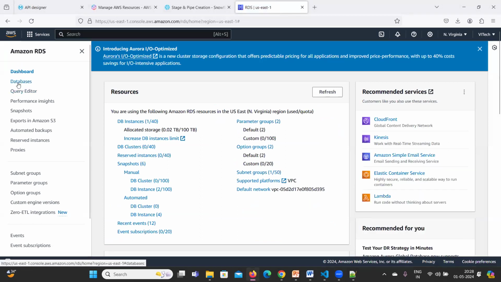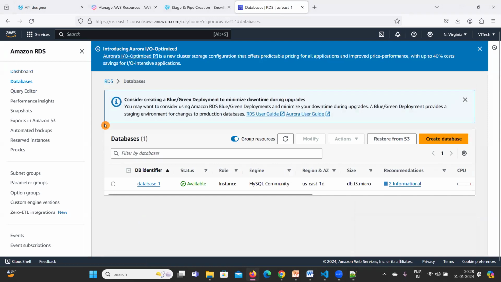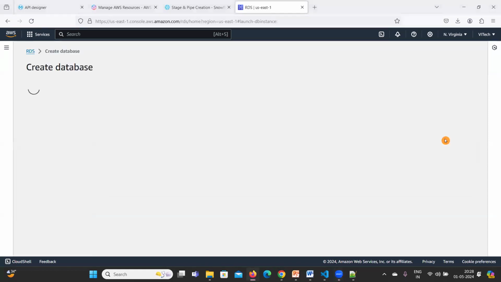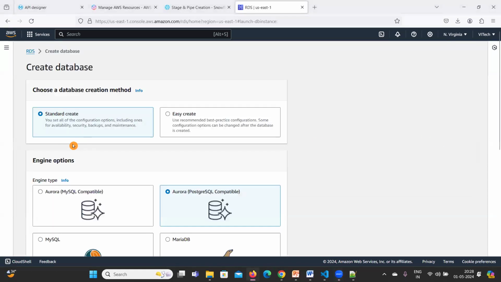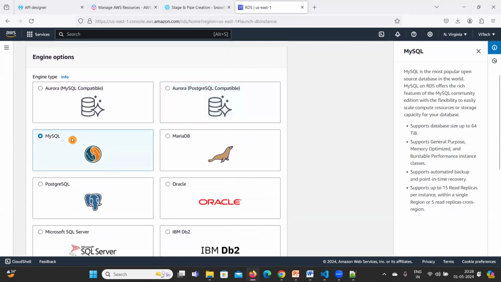On the left hand side, click on databases. Here we need to create a database first. Click on create database. Here we need to select MySQL. Okay, click on MySQL